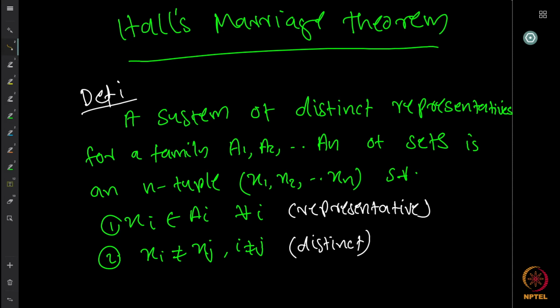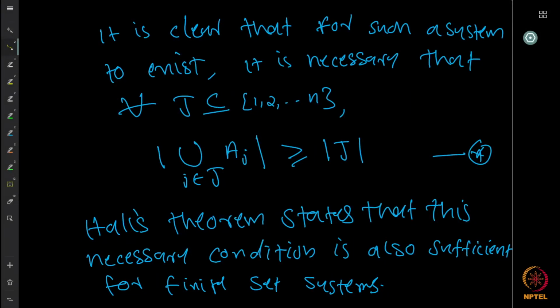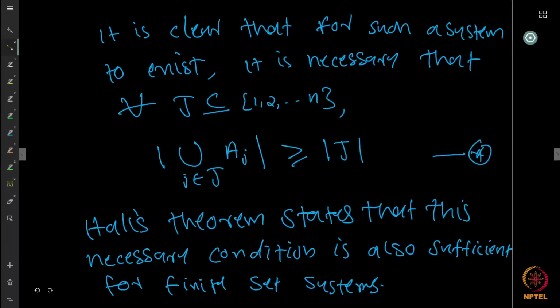So Hall's theorem gives a condition when this is actually possible. And it is very, very interesting because the obvious necessary condition is also a sufficient condition. So what is the obvious necessary condition? That if I want to find such representatives, then for every union of the sets,